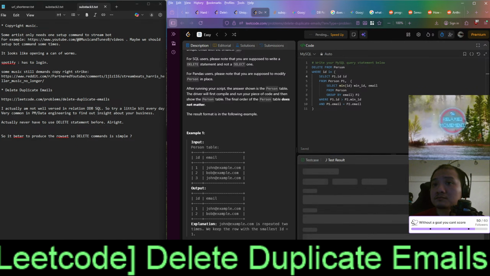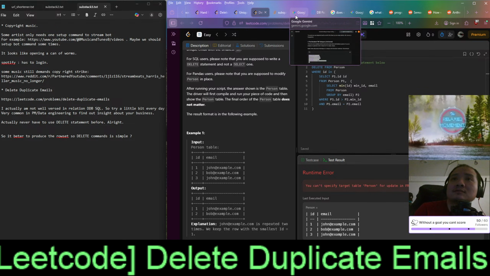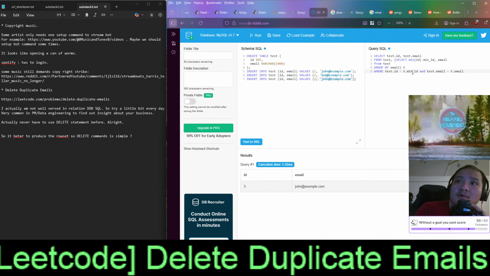What does this error even mean? Right, so this is exactly the query that I have.